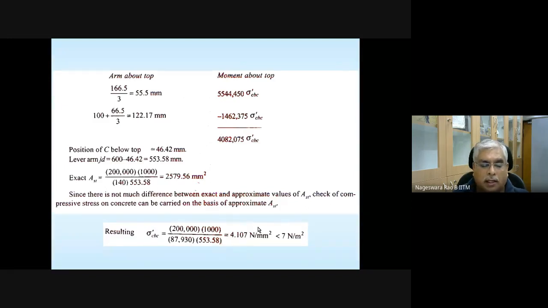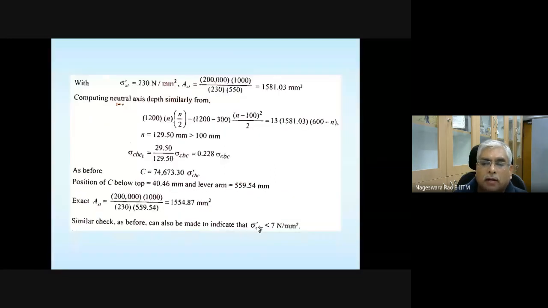Okay. Let's go further. Anyway, we'll try to complete this T-beam. A small portion is left out, and we'll look at it. So whatever T-beam that we looked at, and please note that how to arrive at the depth of the web, that is not discussed. So some guideline is given here. Okay, let's go through this procedure in design of T-beams.